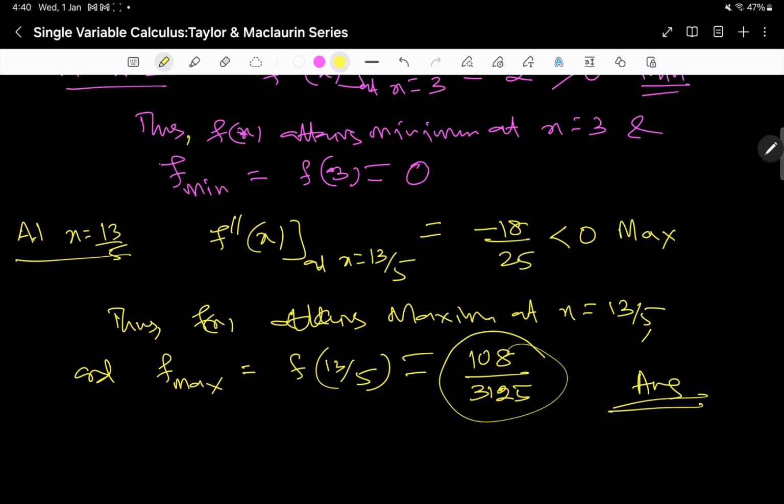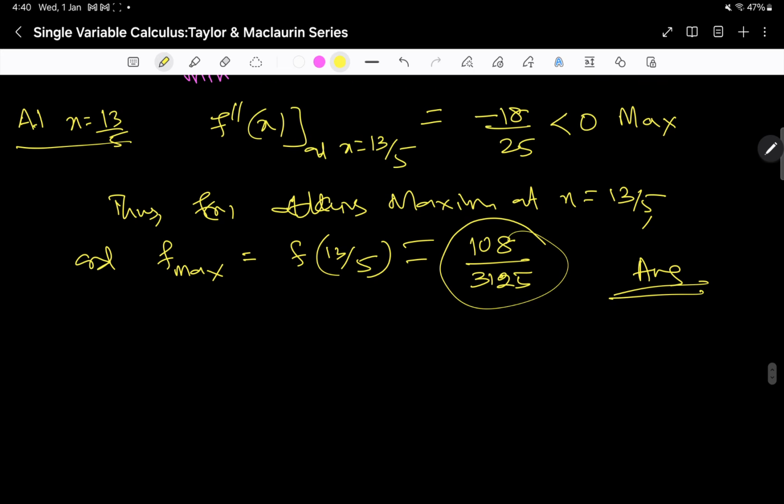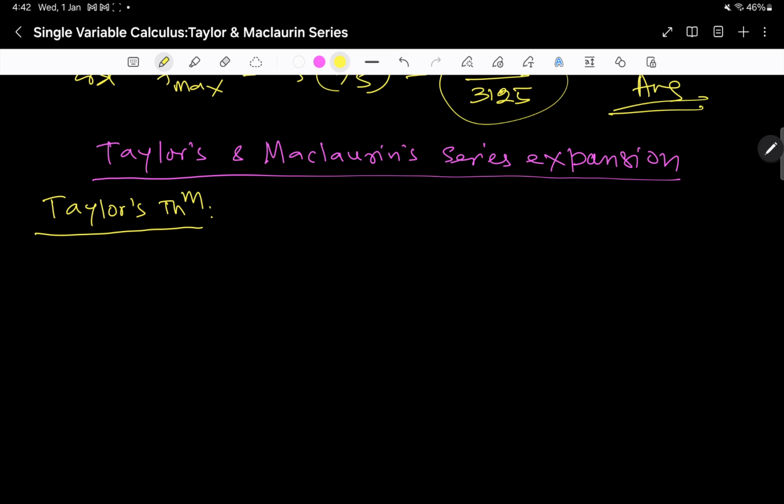Okay. Now since this maxima and minima are already studied in your higher secondary classes, we should not waste much time with such discussion. Let us now proceed to the Taylor series and Laurent series expansion as follows. So the Taylor's and Maclaurin series expansion. Taylor's theorem states as follows: let